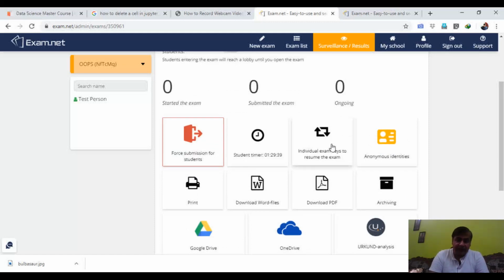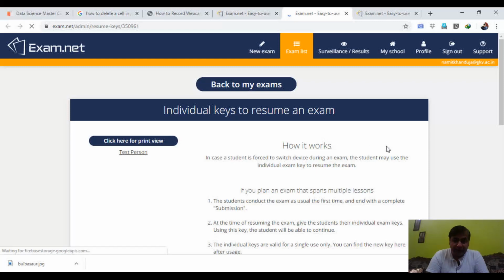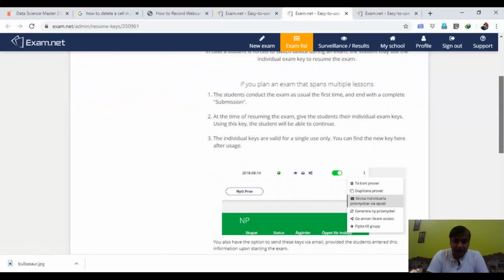Individual exam keys. If there is a problem with the students, you can pass on the individual exam key to the student.